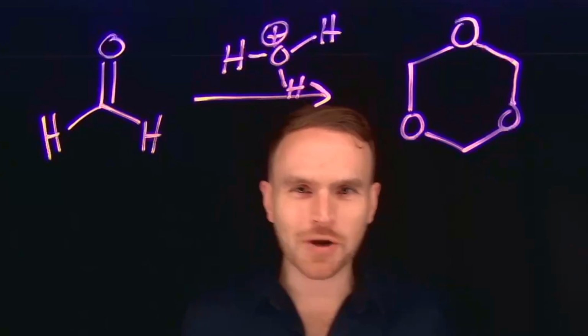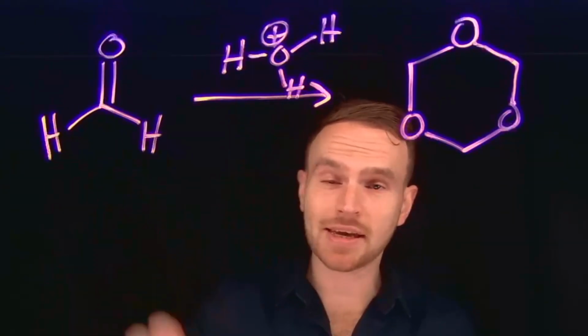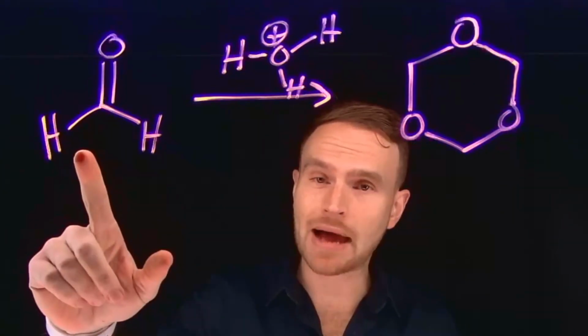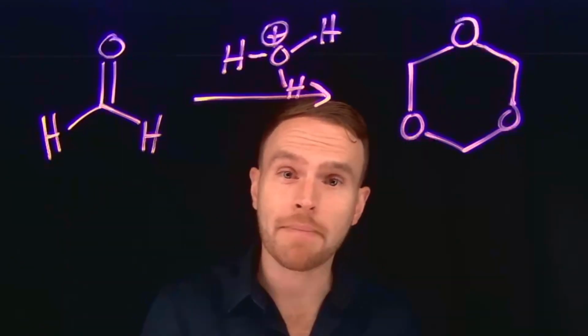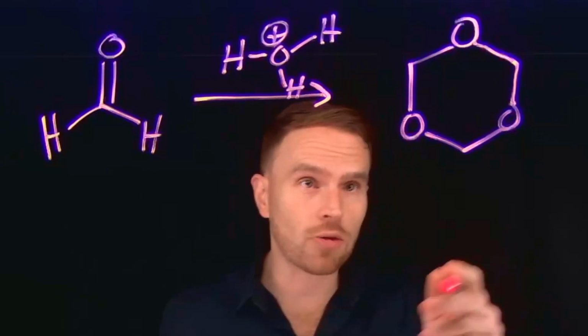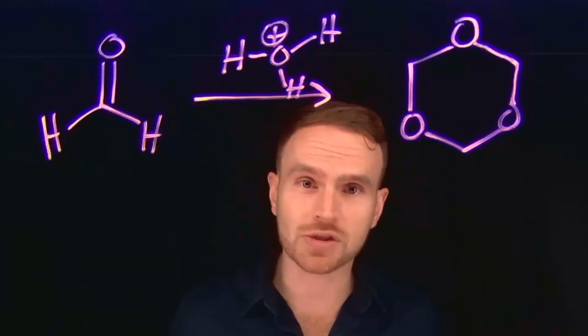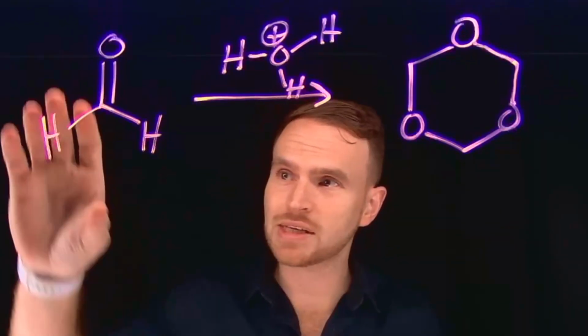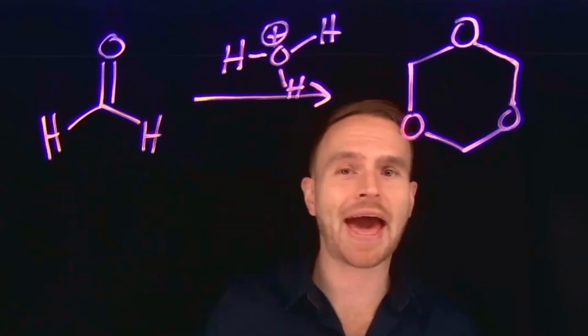One of the interesting things about this reaction is that we're taking a relatively simple molecule in formaldehyde and turning it into what is called metaformaldehyde, which is a heterocyclic compound that contains carbons and oxygens as a part of a new cycle that's being formed, just by using an excess amount of formaldehyde and adding an acid to